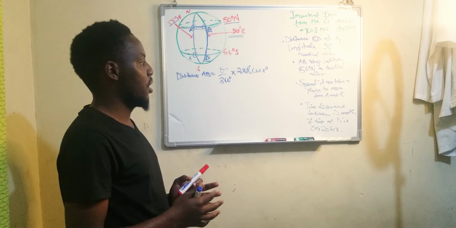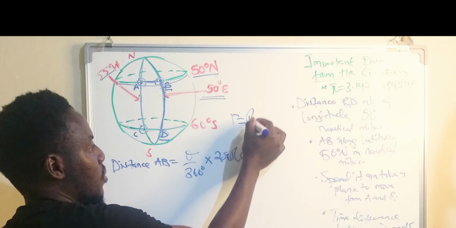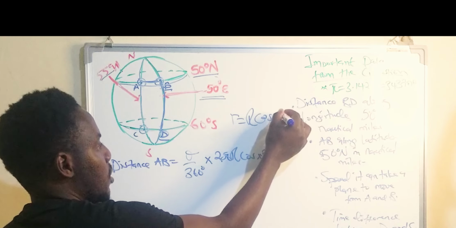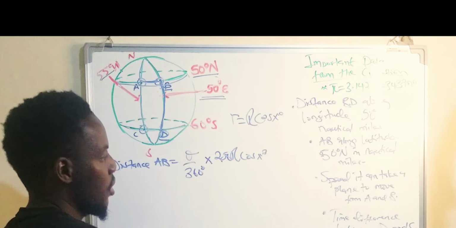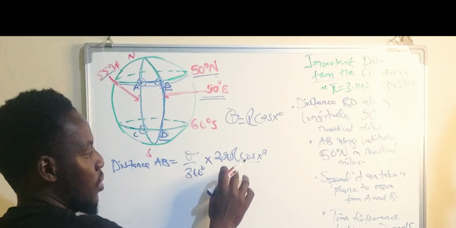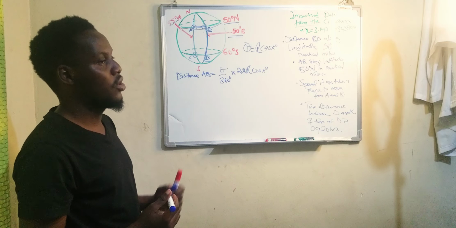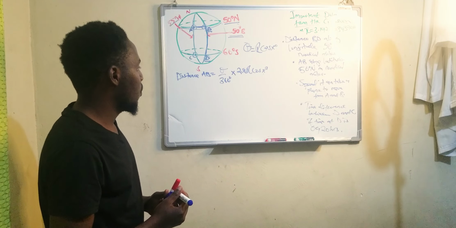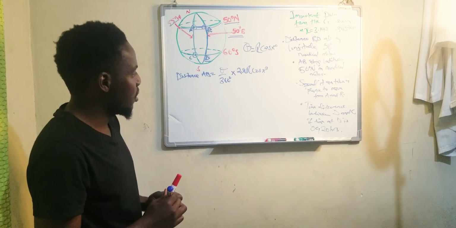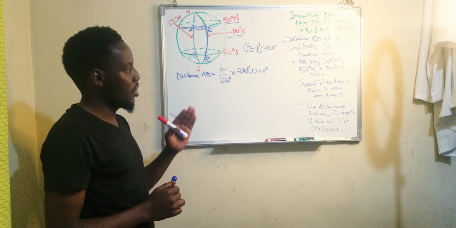They have their own radius. And how do you calculate that radius? You calculate that radius using r is equal to R cos x degrees. So in actual sense, what we mean is that this here is just the radius of the small circle, and not the radius of a great circle like the longitudes and the equator. The other thing that you need to remember is that since now we're calculating the distance in latitude,